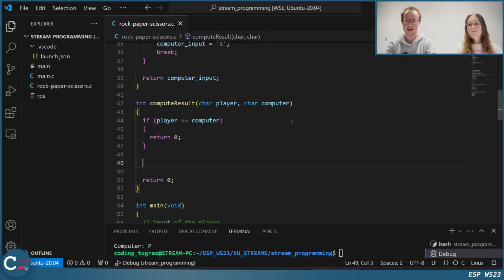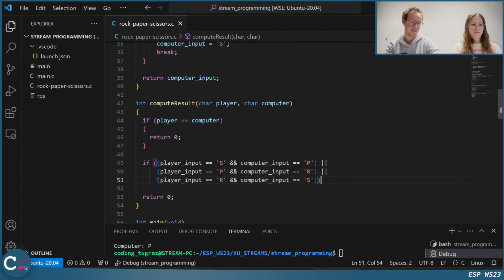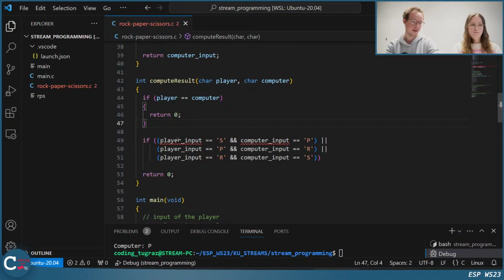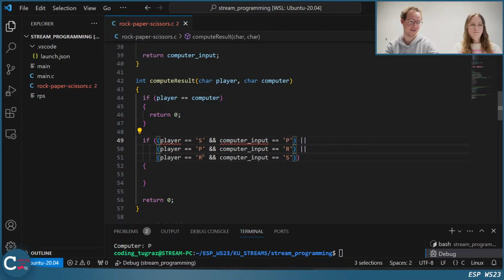And now it remains what combination we have, whether the player or the computer wins. And as I do not have so much time left, I would just copy those conditions right now. I unfortunately had some other names here.